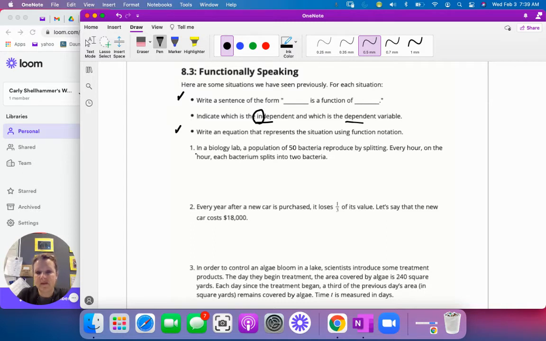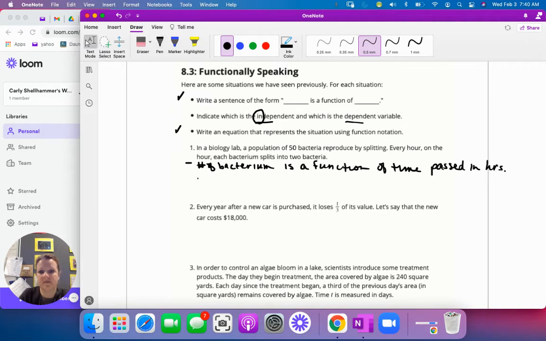Okay, so we can say, first bullet, the number of bacteria is a function of time passed in hours. Okay, next we can say that the independent